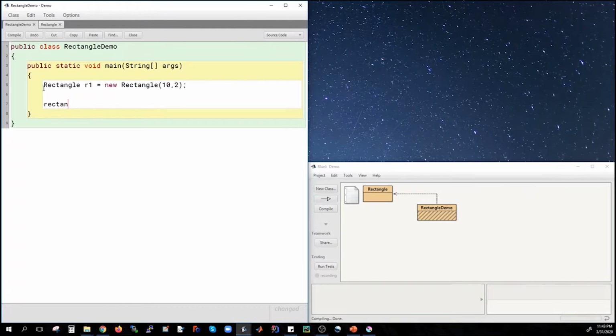So here I'm going to declare rectangle R2. All right, and what I'm going to do is to just simply say R2 is equal to R1. So what I'm hoping is that R1 was created as a rectangle that has length and width 10 and 2, and then I would like to create a new rectangle R2 that has the same dimensions as R1. So if I want to visualize my intentions,